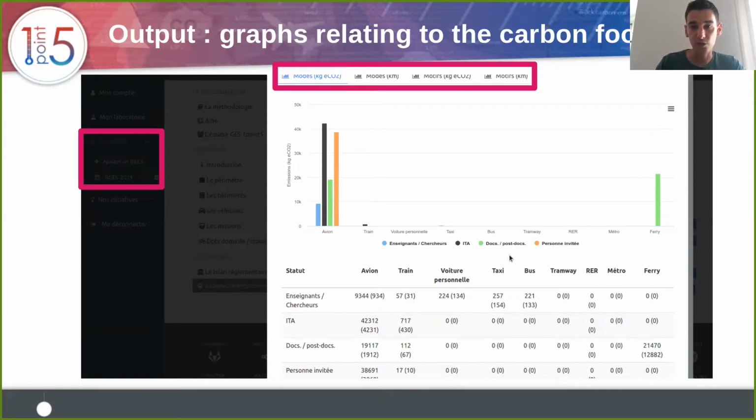There are more graphics upcoming. For example, we are implementing right now a module to compare multiple carbon footprints. This is really useful to compare through the years and to compare carbon footprints from the same year with different emission factors.